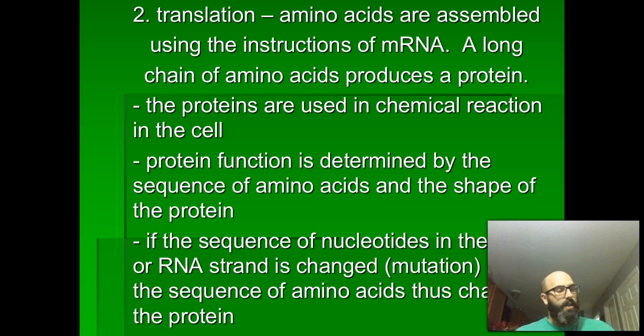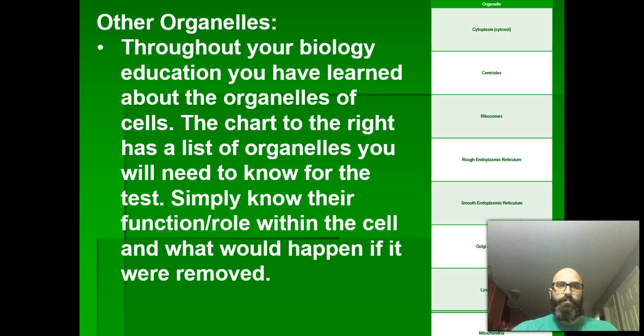So if you change DNA, you then change RNA. If you change RNA, you change the sequence of amino acids. If the amino acid sequence is changed, the protein is changed, whether in terms of sequence of amino acids or structure or folding shape, which then alters how it is used in a chemical reaction, which then destroys homeostasis within the cell, and all hell breaks loose. Okay?